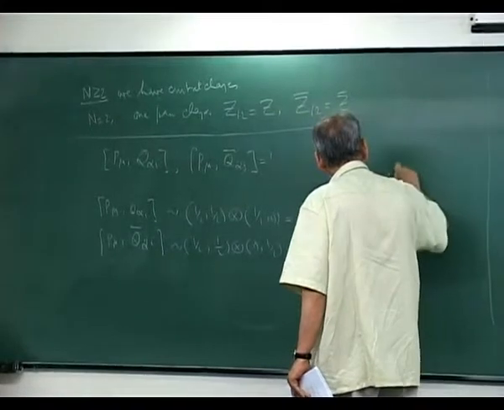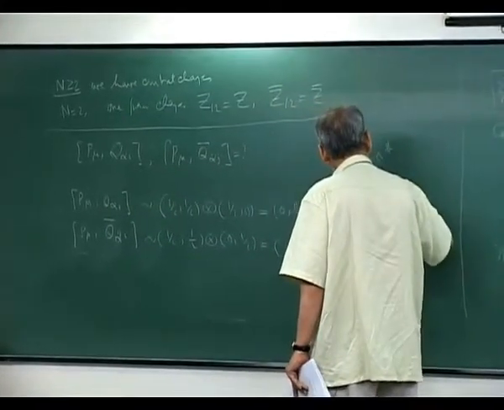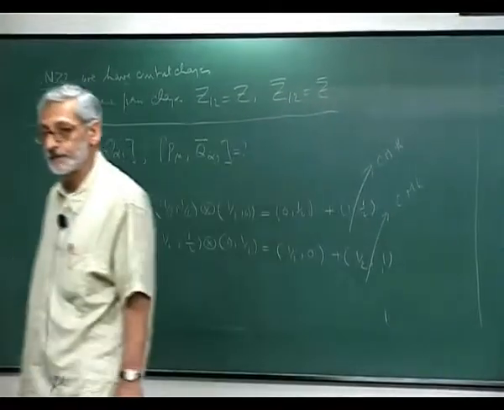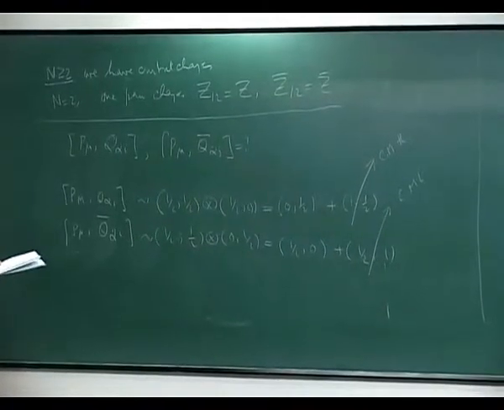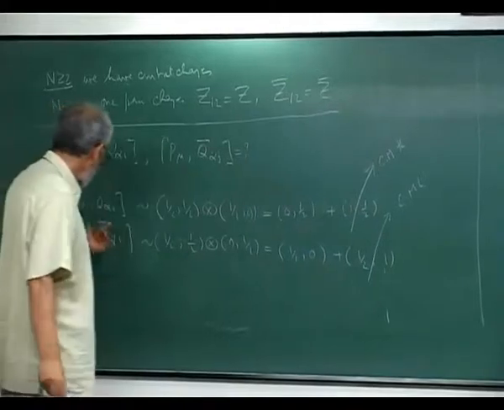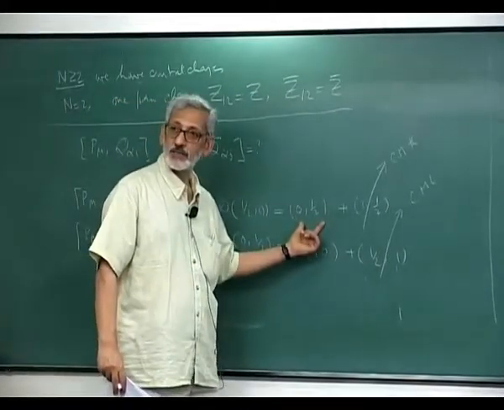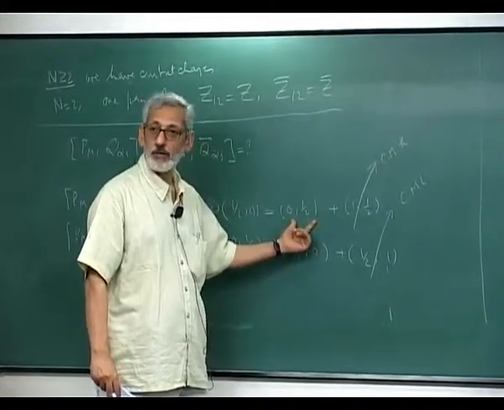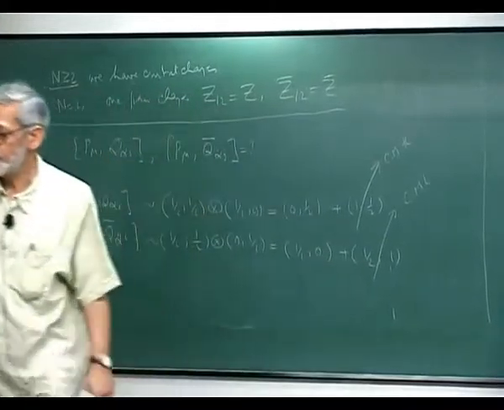So the Coleman-Mandula theorem kills this. So the only possibility for these commutators is a spin half conserved charge, and spin half conserved charge. But spin half conserved charge we already know. So it has to be